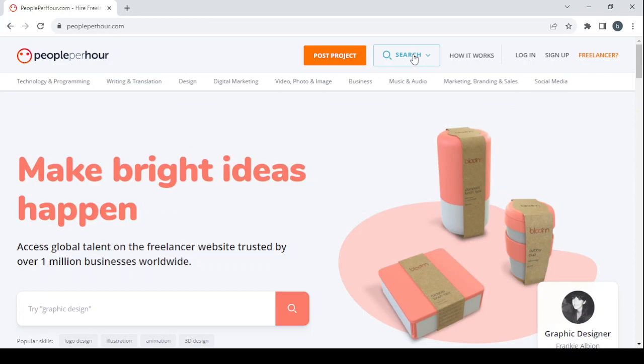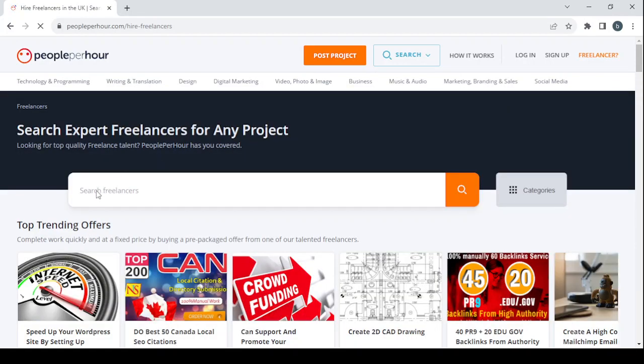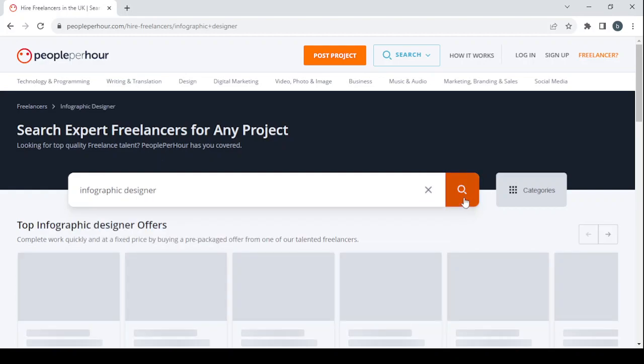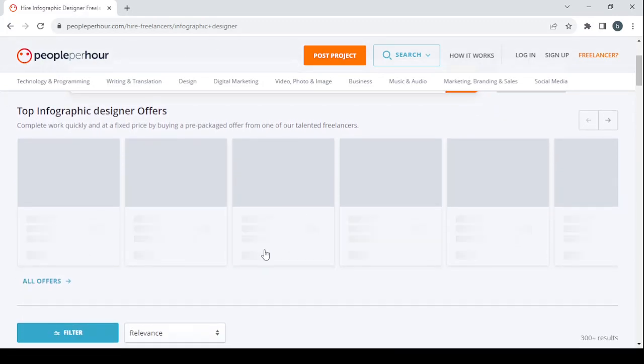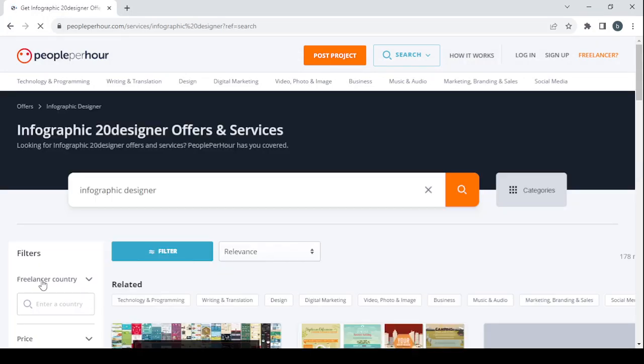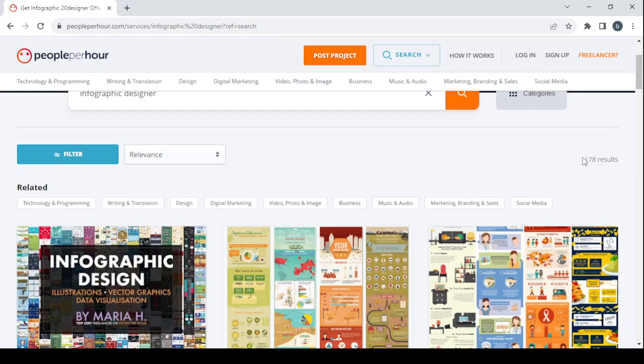So let's click on the search button in here, click on search freelancers. And here we're going to enter our skill, infographic designer, and click on the search button. And here click on all offers to see all of the freelancers that are doing this skill and all of our future competitors. So here we have 178 results,